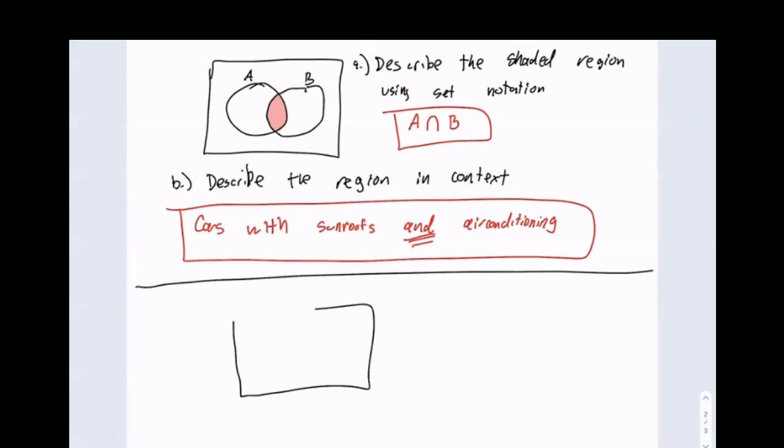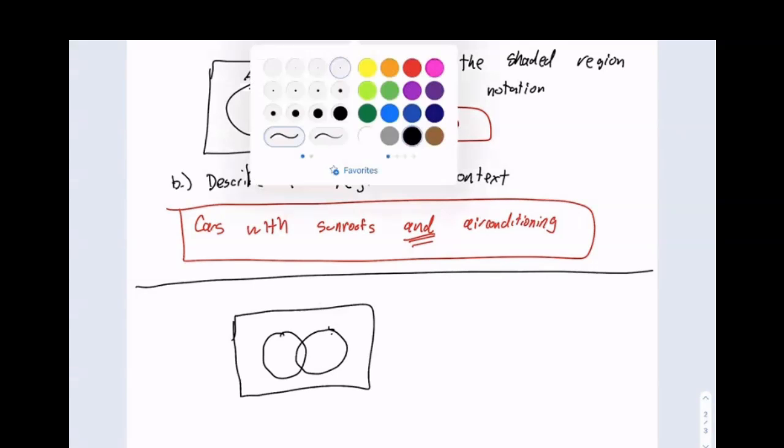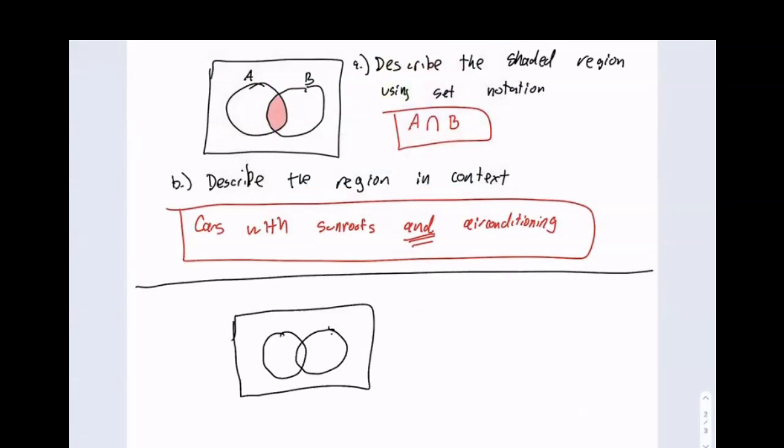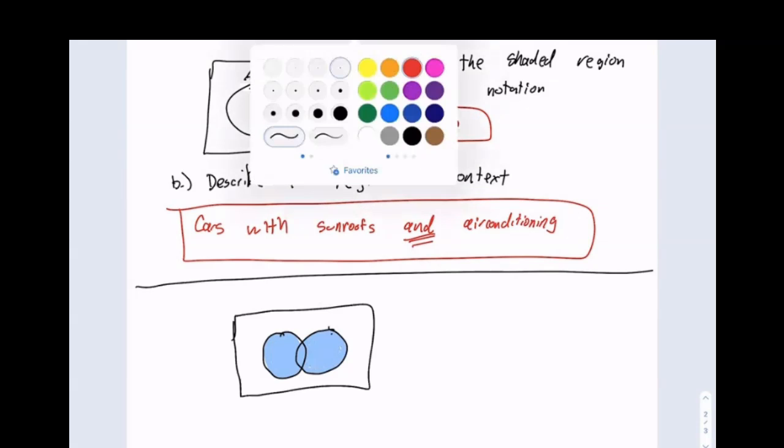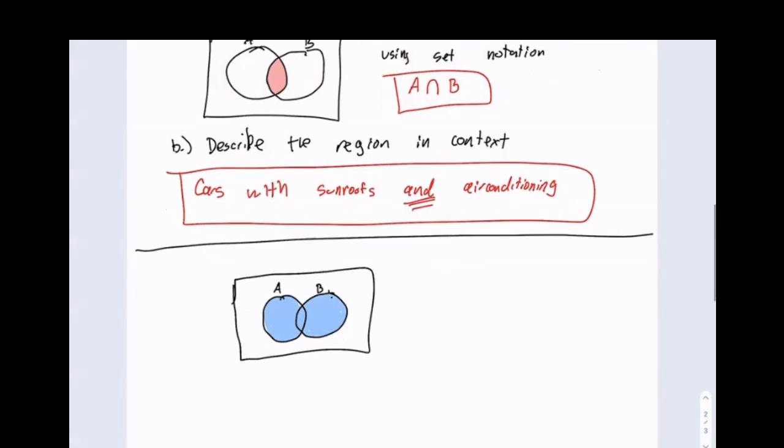So my next example: A and B. Now I want you to note that the shaded region